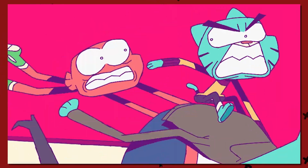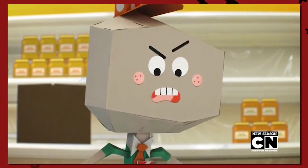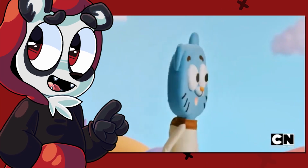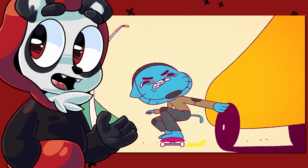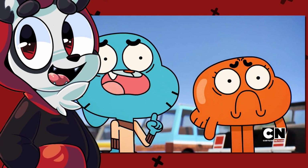Gumball is known for having different styles blended into the show. You have 2D characters, 3D characters, stop motion, CGI, traditional animation, puppetry, and live action. Over the years, The Amazing World of Gumball has had moments in which they changed their animation as a whole, hiring guest animators and completely reframing a scene to look different. And today, I'm going over their 9 best examples, starting off with